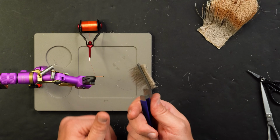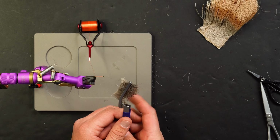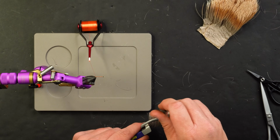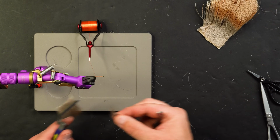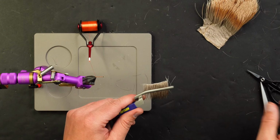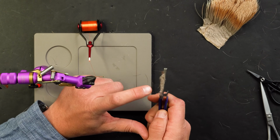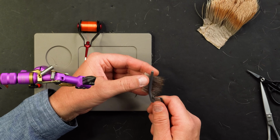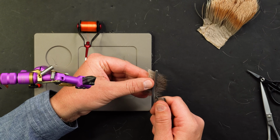All right, so here I've got a giant clump of hair. I do not have any underfluff in here, or minimal. If you do have some, you can come in here with a comb and pick it out. But as you can see, what happens is you pull hair out of your loop if you start doing that. So I really don't bother with it too much. So as you can see on this loop, it gets pretty thick right through here and thinner at the edges. So if I just manipulate this a little bit and just kind of open it up very lightly and gently,